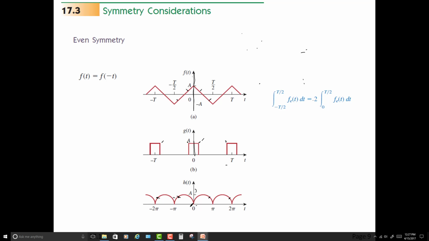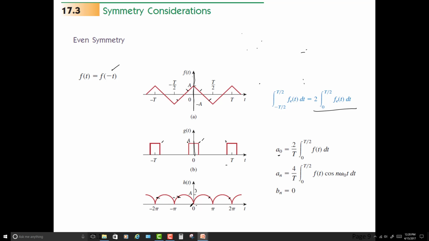So, oh, I'm way up there. It's equal to twice the integral over the half period. That's characteristic of this function here, right? If it's truly that way, then you need only take the half period integral and double it. Okay? That said, you can see that the value of the DC part of it is going to be, this